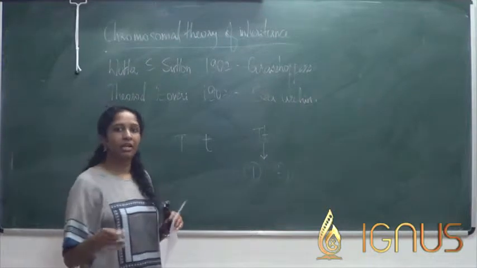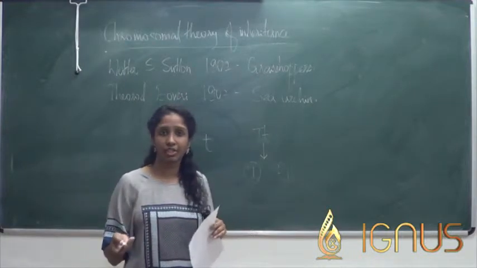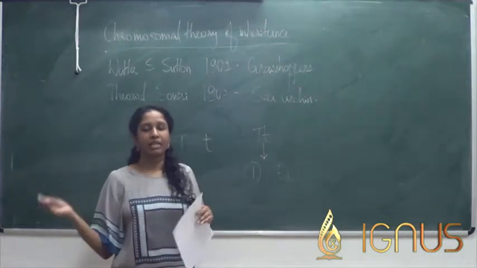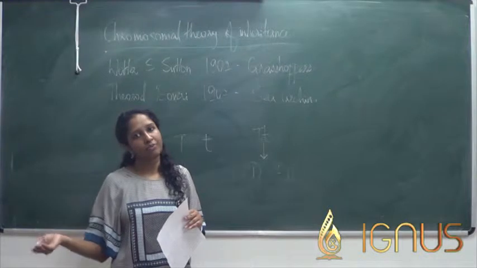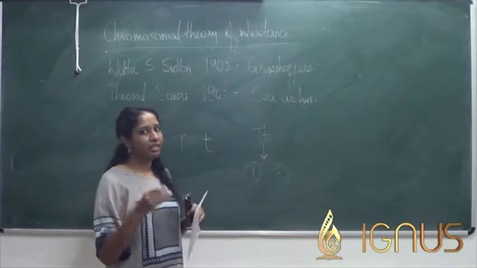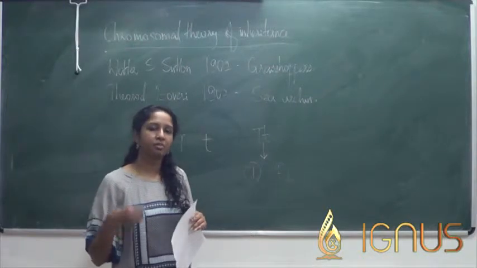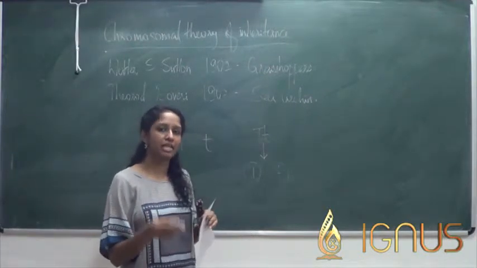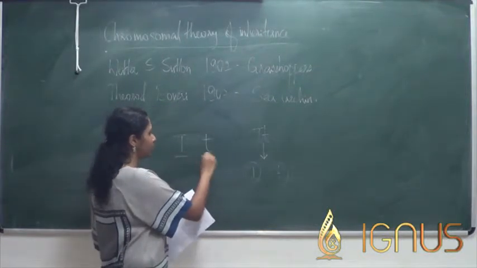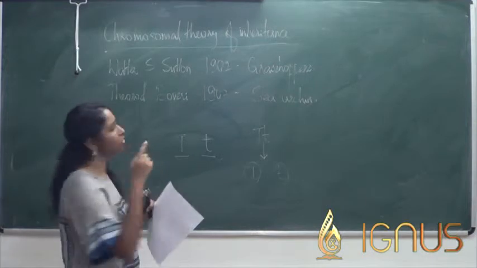The problem came when Mendel did not check what is happening at the cytological level. So what Mendel did was mostly breeding experiments. He was taking plants and then crossing them and figuring out what the offspring was, and based on that he was inferring what might be happening. But in the 1900s, microscope was discovered, and because of that people started looking what is happening at the cytological level, or rather at the cellular level. So to figure out how these factors are behaving at the cytological level,